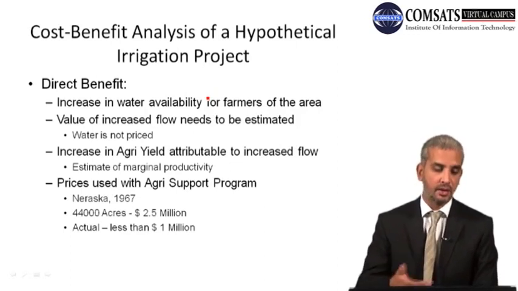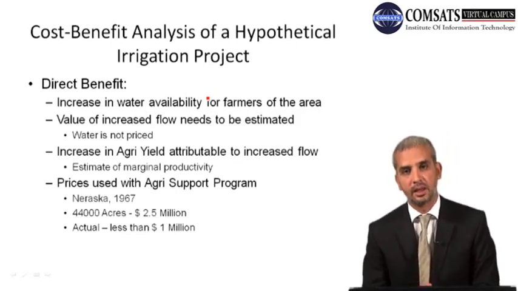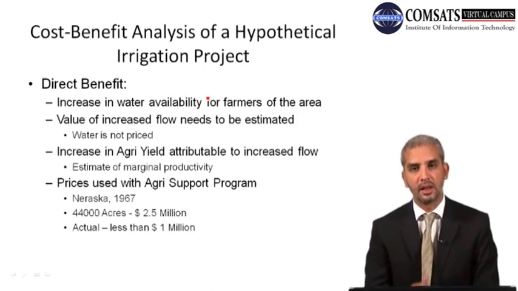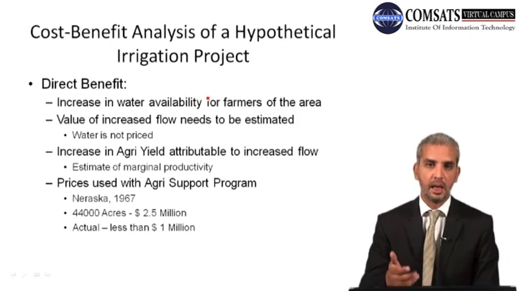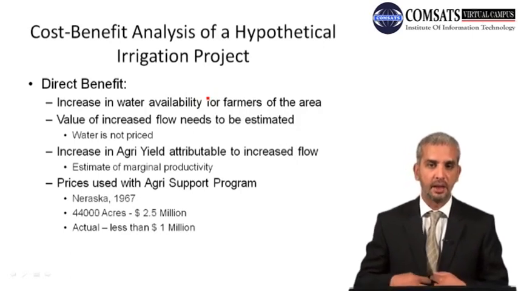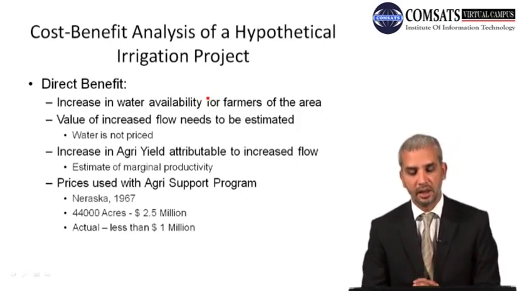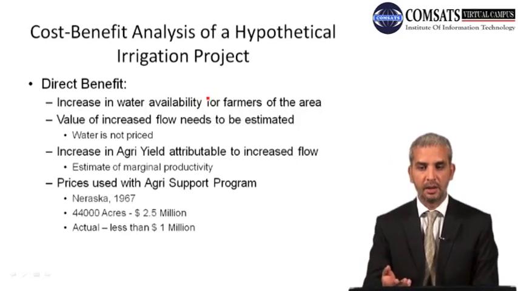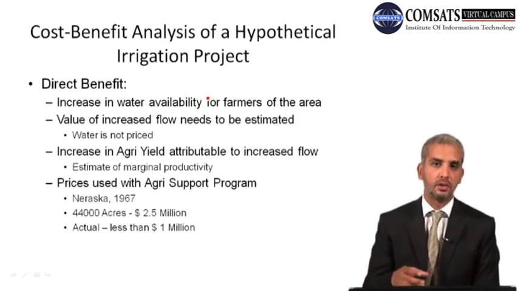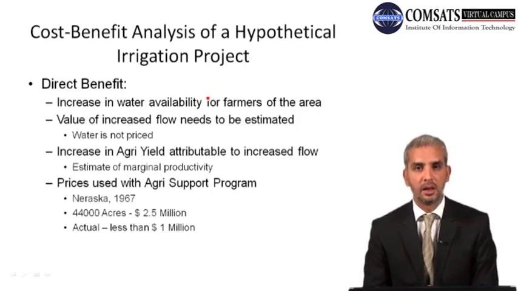Now I guess I might need to define the direct benefit and direct cost and indirect benefit and indirect cost again. Direct benefits and direct costs are those benefits and those costs which are directly attributable, which can directly be assigned to that project taken up by the government, and indirect benefit and indirect cost are those which are implied and which might be occurring but are not very obvious in the start. So they also need to be accounted for to consider the true social value in terms of benefit and cost of a project taken up by the government.